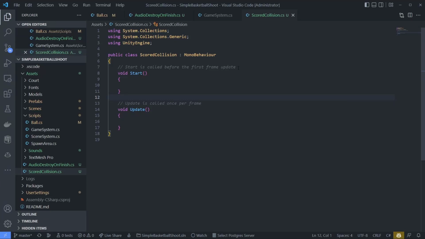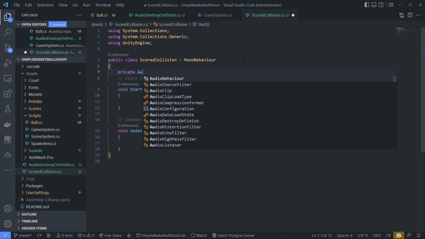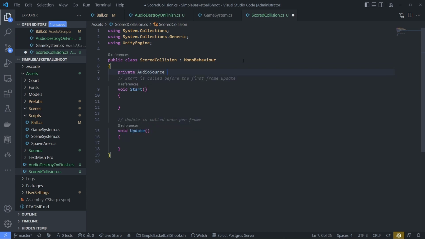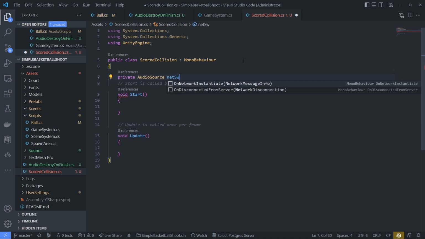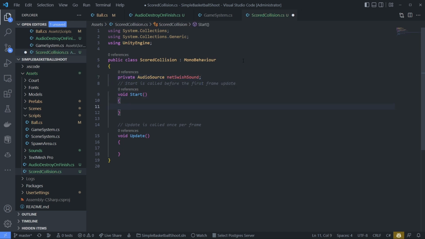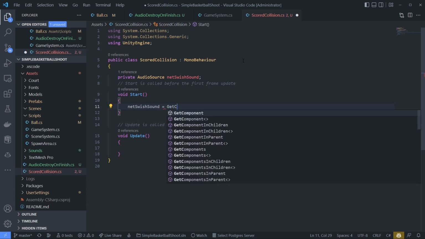And here we can add our audio source just like before. Let's switch sound and start. Let's switch sound equal get component audio source.